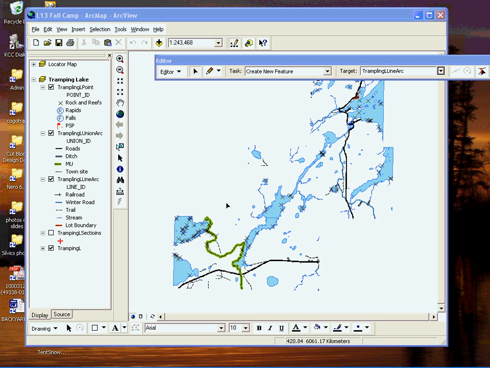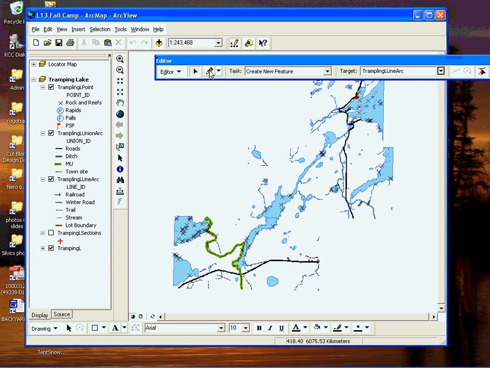In this demonstration, we're going to show how to add a new tool to a context menu, and the context menu that we're going to work with is the Sketch tool, which is part of the editing toolbar. Now before we begin, I want to show you what the context menu looks like prior, and I have editing on here. I'm just going to click on the Sketch tool,